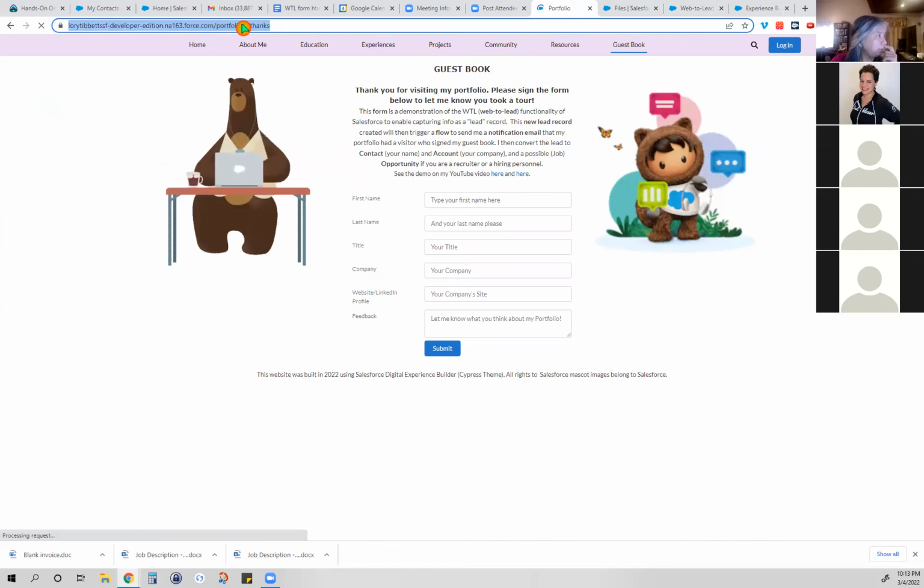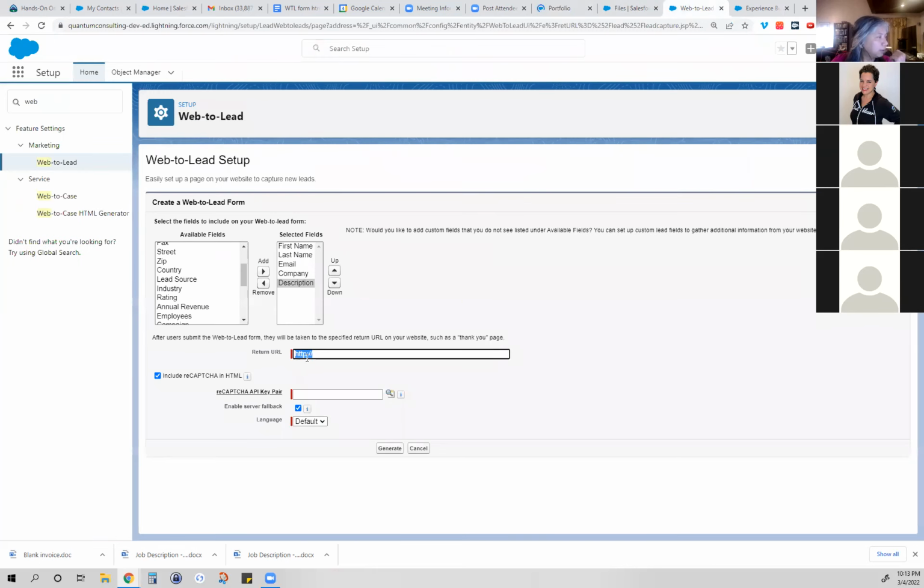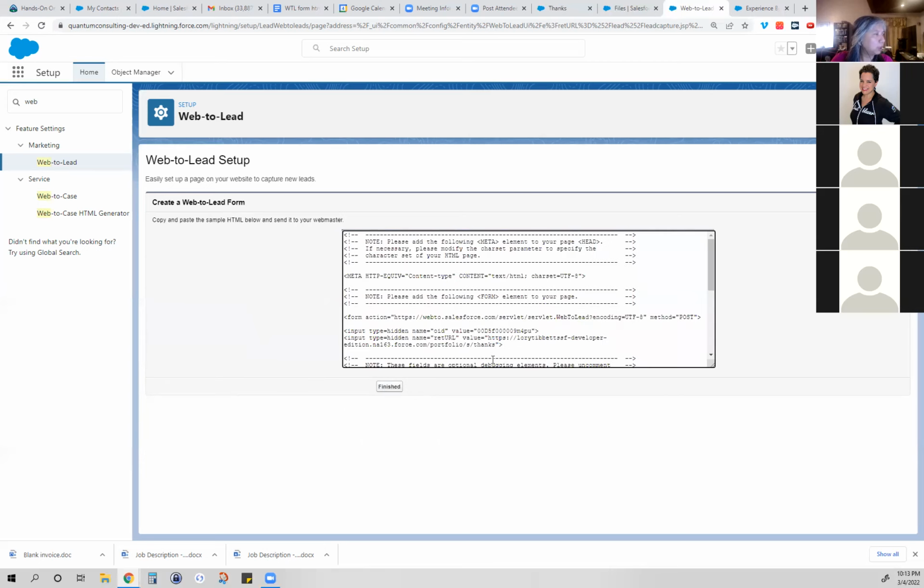So this is my landing page. And you paste it there. I don't want them to be discouraged from signing, so I don't want this CAPTCHA. So you generate that. And you look for, just like I said, this